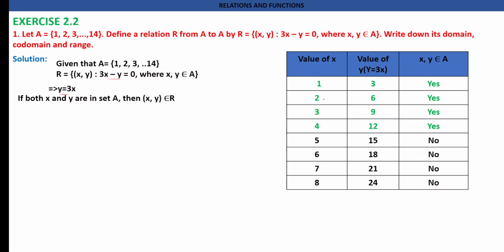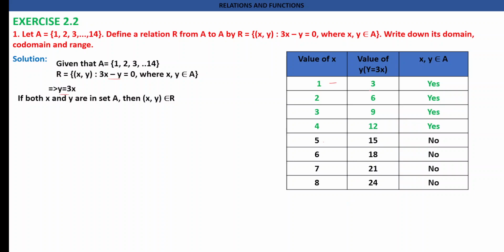If the value of x is 2, then the y value will be 6. If x is 3, y is 9. Similarly for 4, 12; for 5, 15; 6, 18; 7, 21; 8, 24. Similarly for 14 we would get a value, but as it is not applicable, we are not getting it. Thus,